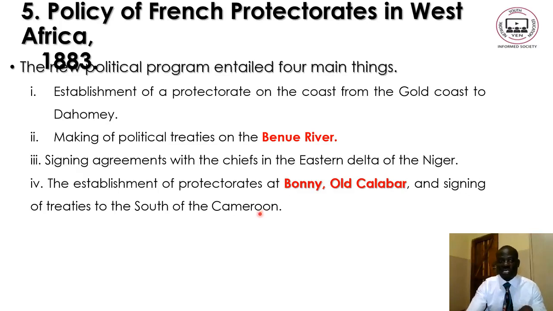So the policy of French protectorates in West Africa was contained in these four main things: protectorates from the Gold Coast, that is Ghana, to Cameroon, political treaties, agreements with chiefs, and protectorates beyond the Gold Coast and Cameroon.